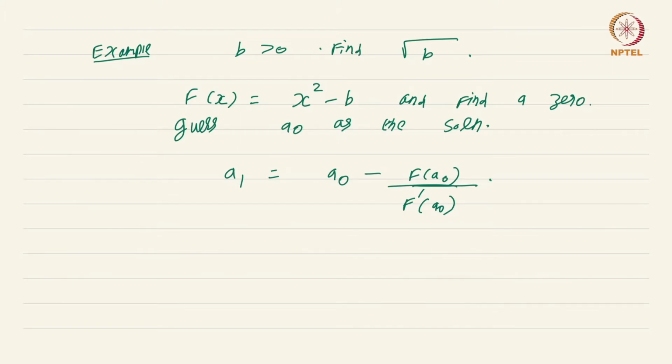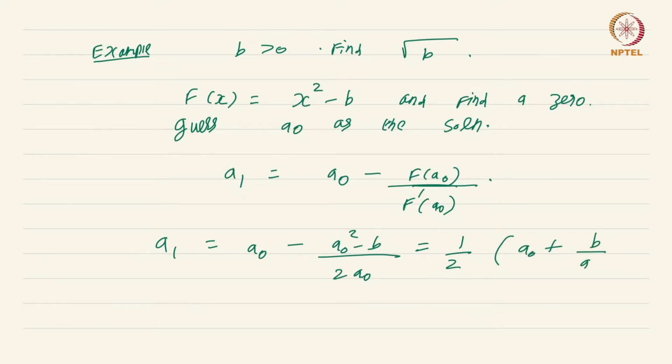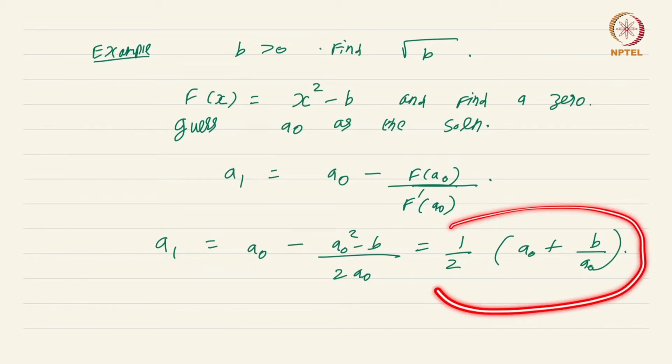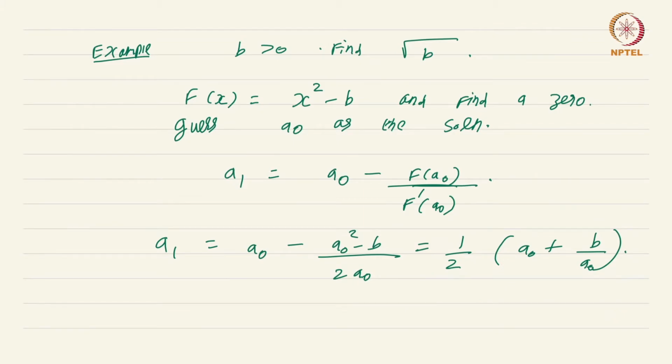Now, we have the expression f to be x squared minus b. So, if you just substitute everything here, you get a1 is equal to a naught minus (a naught squared minus b) by 2a naught, which is just half of (a naught plus b by a naught). So this is the divide and average method. Start with an initial guess, divide b by a naught and take the average,